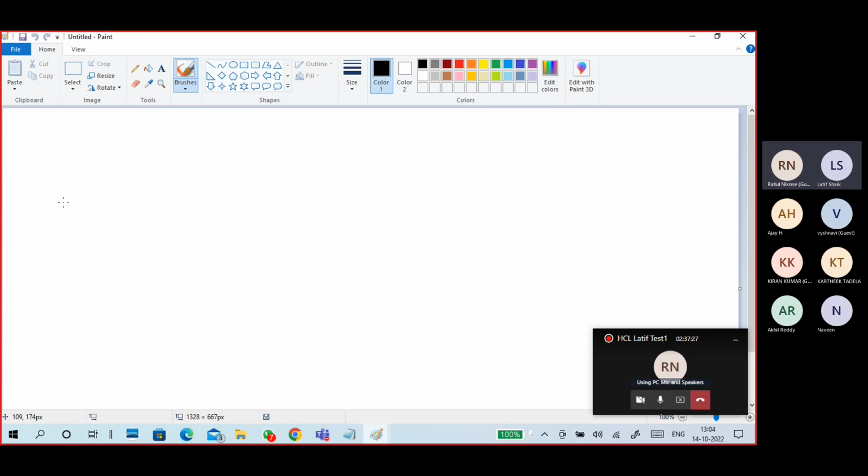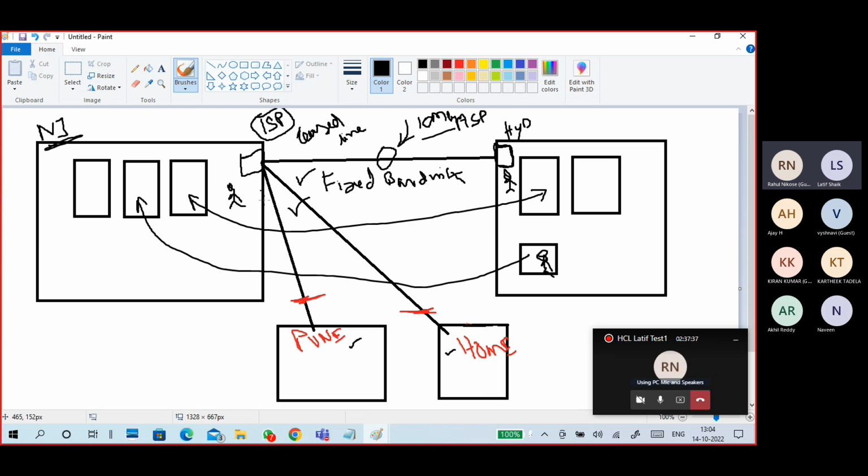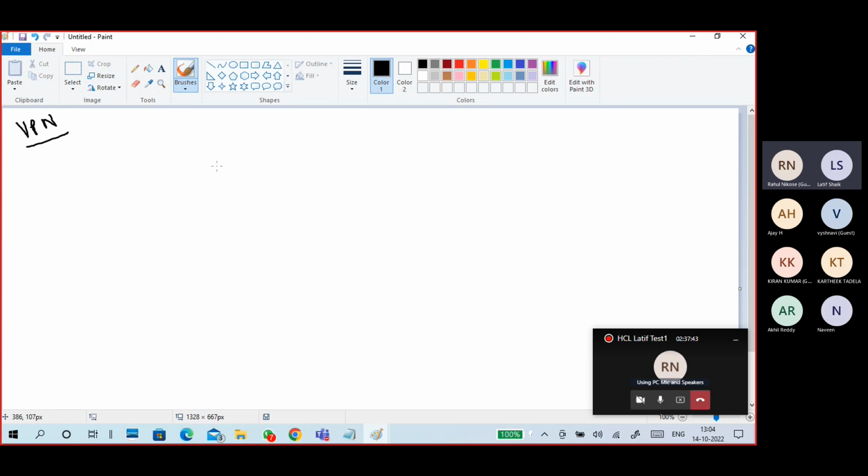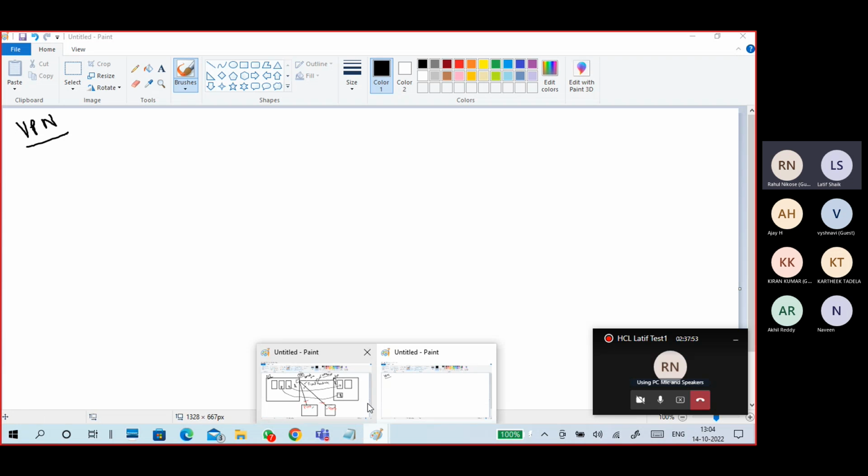So normally when we talk about VPN, people try to attack on VPN. But why do we need a VPN? That is important. That's why I told about leased lines first. A leased line connects two or more organizations, so they can directly connect to their infrastructure to work on it.